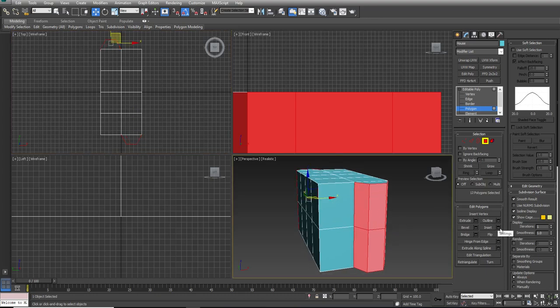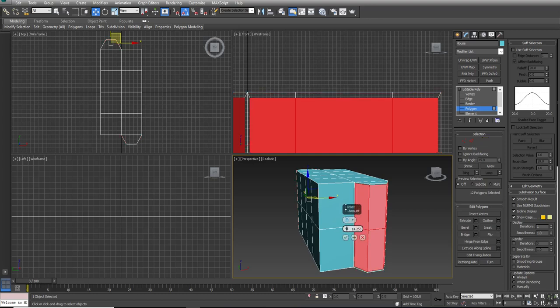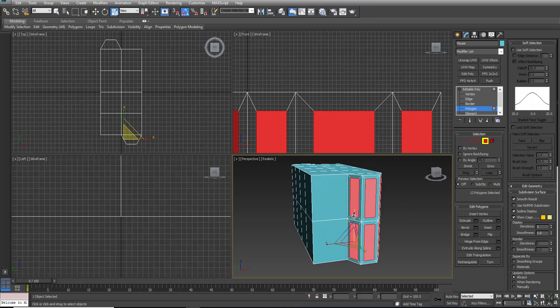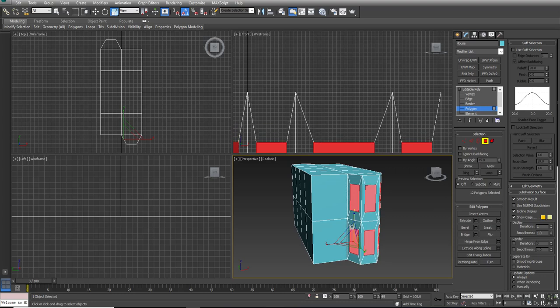out of my building. I'm going to click on Inset here, and I'm going to bring that in, but I also want to change it from group to by polygon. There we go. Those windows are going to be a little bit tall, so I need to scale them. My scale is set to the top one, which is pivot point center, so when I scale, I'm able to scale them all together. There we go. That's about right for what I want my windows to be,